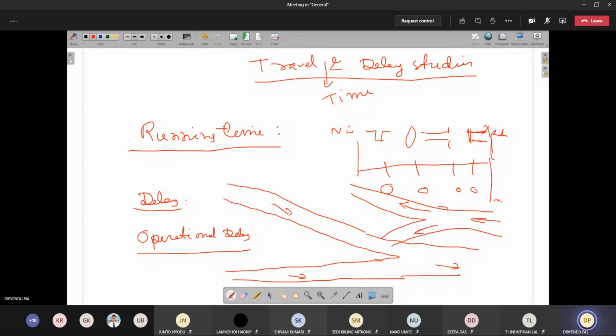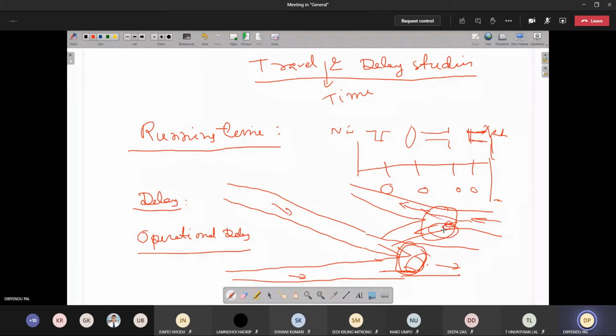So here also, due to the operational problem in this particular location, there may be traffic jams. Here, delay may occur more because of the converging. Both the streams are converging together, so there is a chance of delay. Here the chances of delay will be less, but still there may be some. Suppose a vehicle wants to cross this side, but if it is a single lane and 2-3 vehicles approach which are going in this direction, one vehicle may have to wait sometimes, so delay may occur. So these are the delays which are basically the operational delay.